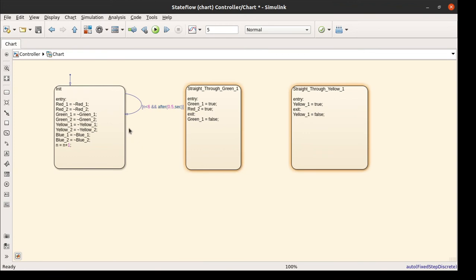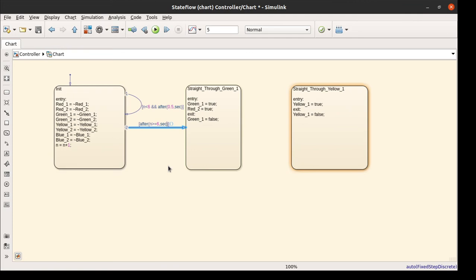So we need to define the transition condition from here to here. After how much time do we want to transition from the initial condition to the straight through green one? For that we can simply use: whenever n is less than 6, it will be in the initial condition itself, but whenever n is greater than or equal to 6, we will transition from the initial state to straight through green.